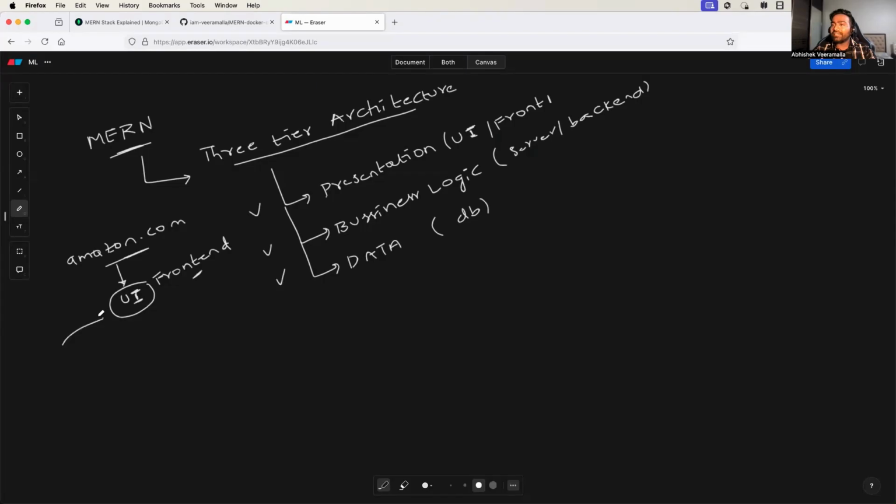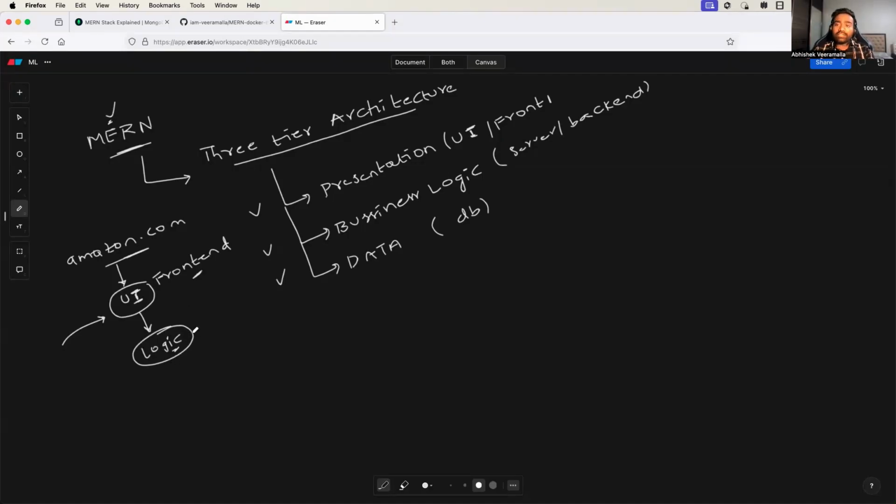And let's say through the UI, you are entering your username and password, or you are selecting a product. Immediately, the instruction from the UI is sent to a logic layer or the backend application, probably written in Java, Python, or let's say any other programming languages. I'm not talking about MERN stack yet,